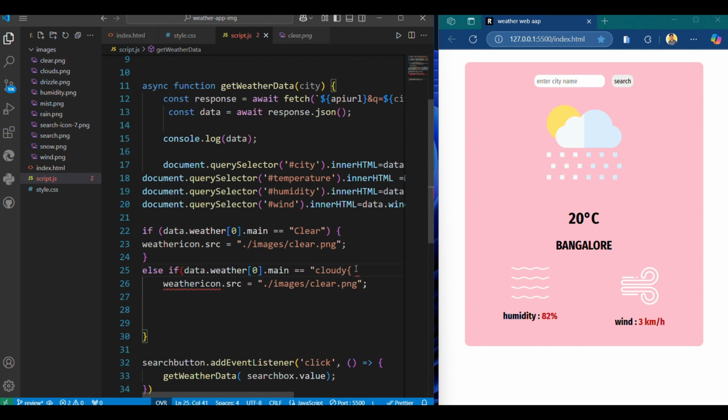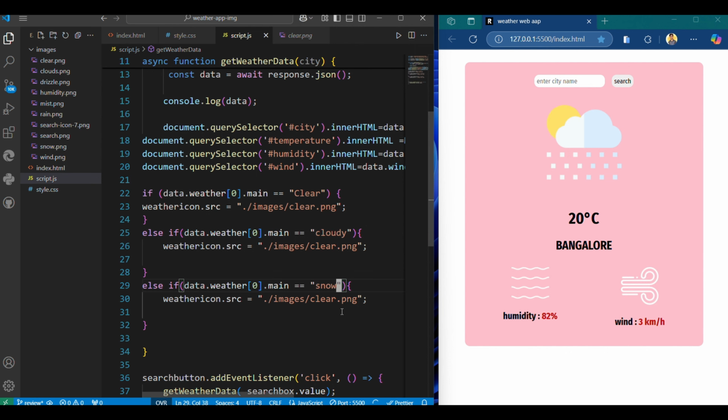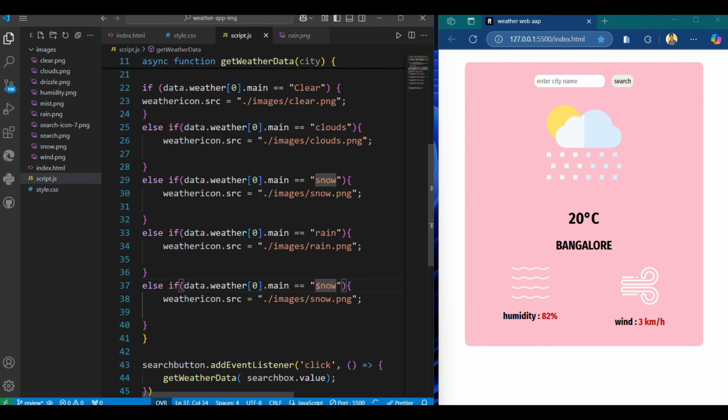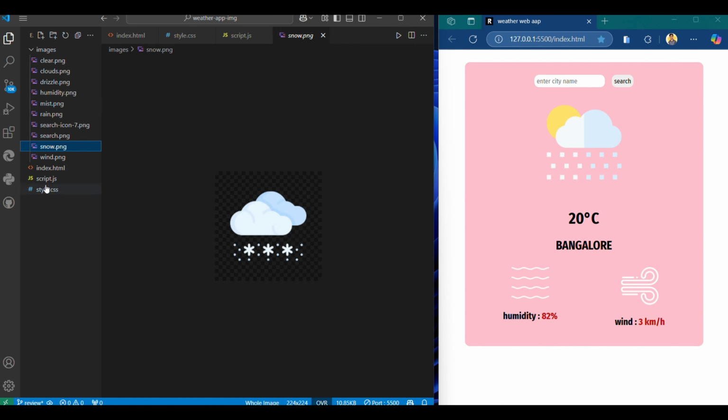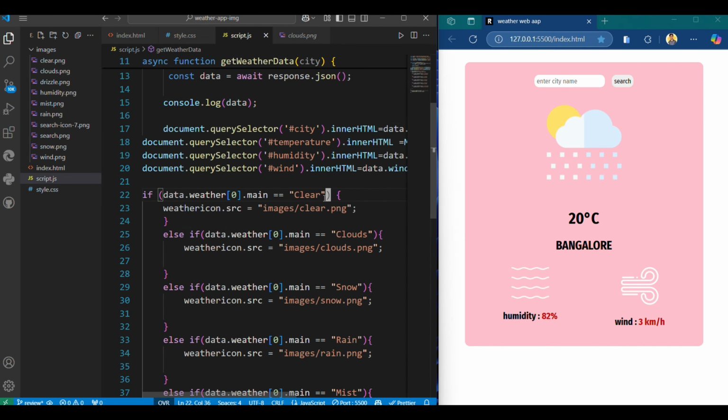In this condition, if main equals Clouds, then display the cloud image. Like this, let's do it for every picture. Whichever condition is satisfied, display that image. Okay, I successfully applied all the conditions for every picture.